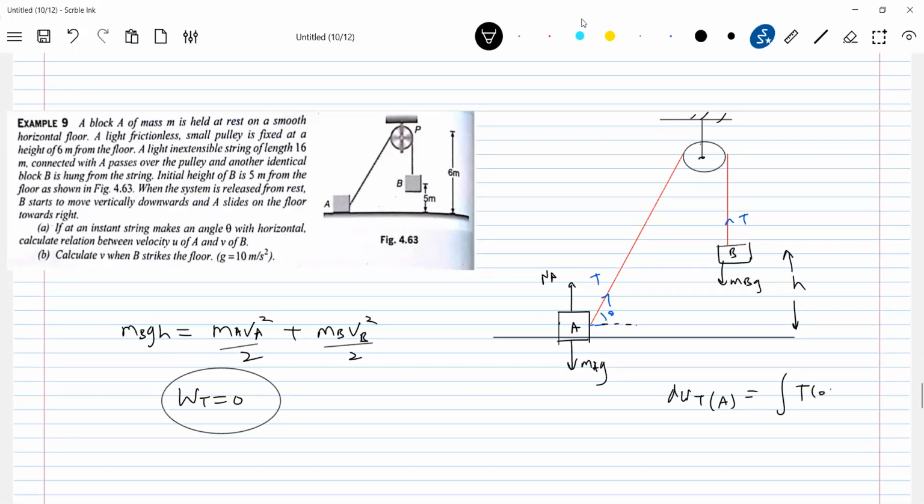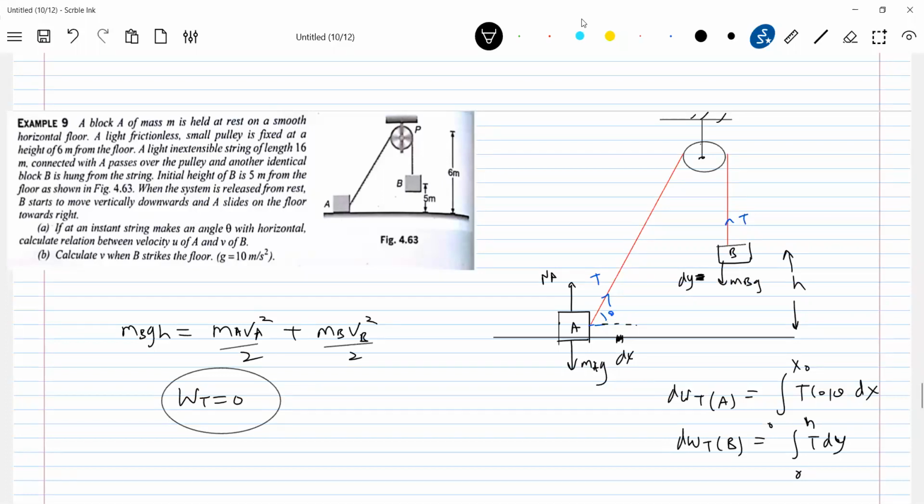T cos theta into dx. Dx is this one. Then here this is dy, the displacement of the block. So work done by the tension on the block B should be T into dy. So what are the limits? 0 to h. You have to calculate when this moves by h, how much it will move. The displacement you have to calculate. So you have to go back to the constraint equation. Then you should replace with suitable limits. How y and theta x I should replace here.